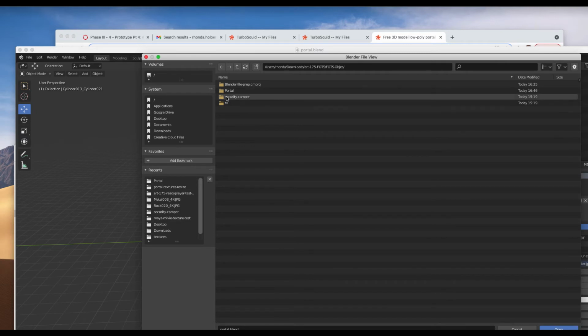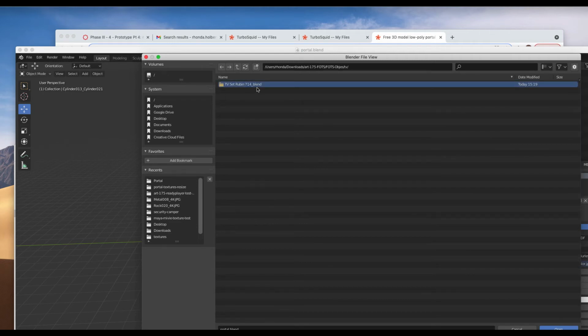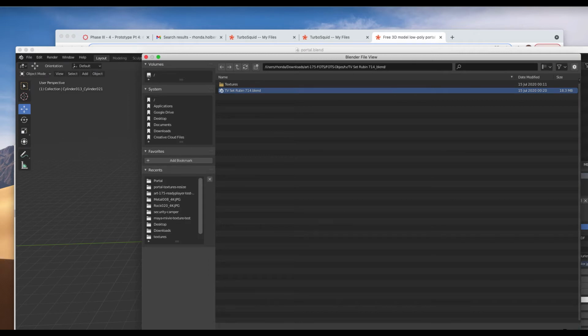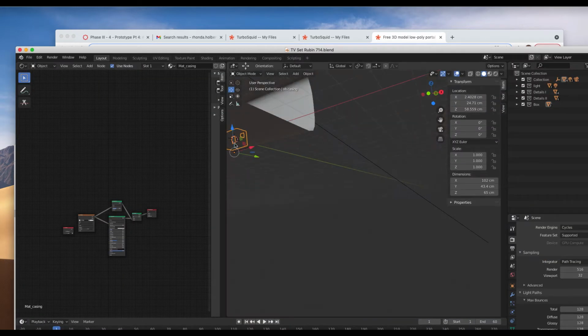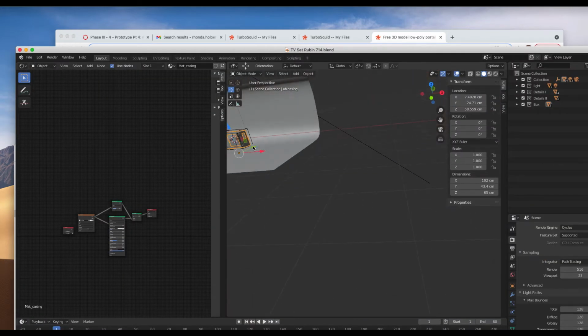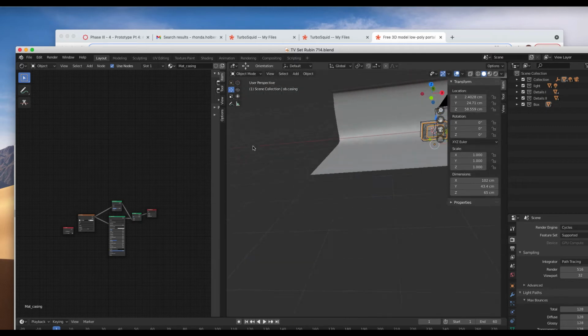The security camera we couldn't import, so now the TV, which we do have a Blender file for. You can just click on the Blender folder and it'll open up the Blender file. And then all of the textures should come in really beautifully